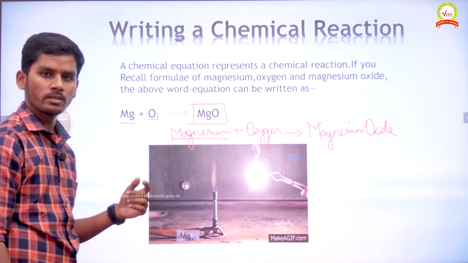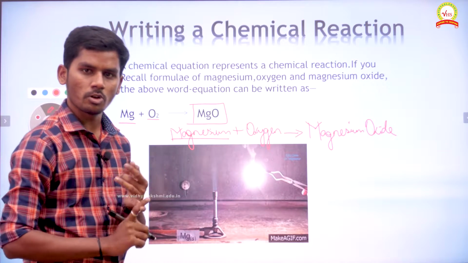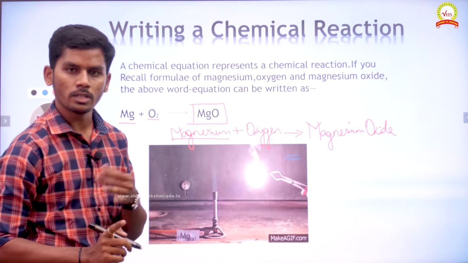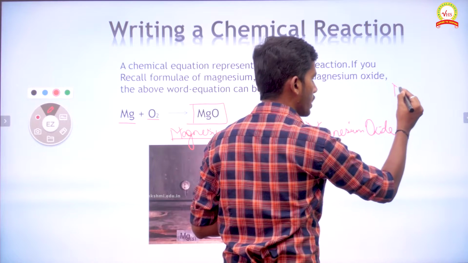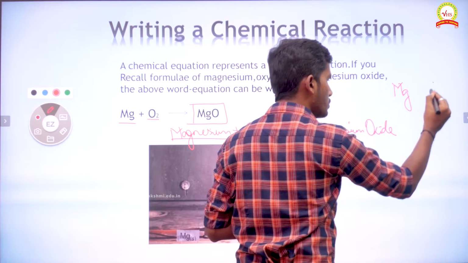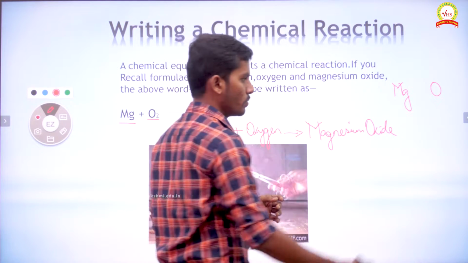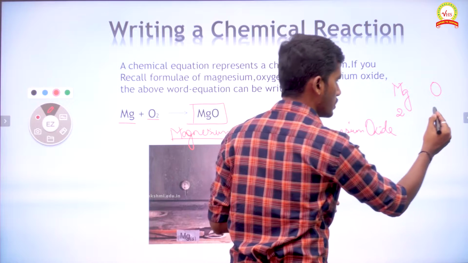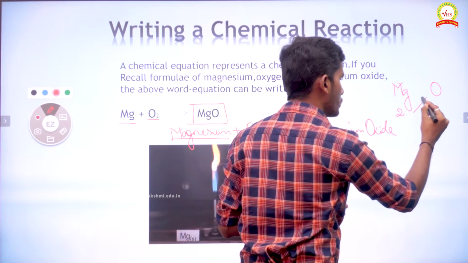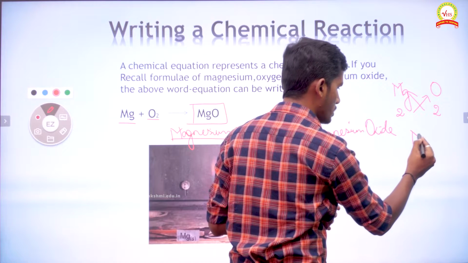To help in that case, you would have studied, some students would know it as the crisscross method, few students will know it as the swap method, right? So the first step, write the symbol of both the atoms here: magnesium Mg, oxygen O. You know the valency of magnesium is 2 and valency of oxygen is also 2. So if we swap, or if you apply the crisscross method over here, it will be forming as